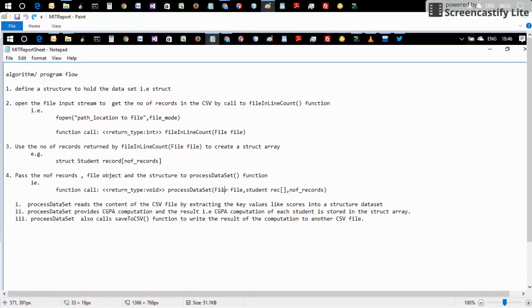It is going to read the content of the file, extract the values within the file input stream, and store them within your struct array. And then of course the last one is number of records. This number of records, we're going to be using it to loop through the file. I think by the time we open the IDE, you will understand